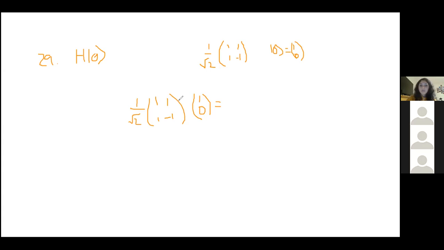So again, this is just normal matrix vector multiplication. I think there was a question about multiplying these out, so I think this will be a good example for that as well. So notice the 1 over square root 2 is just a scalar. So that would be 1 over root 2. That doesn't affect it. And the way we do matrix vector multiplication is we take the row and we times it by the column. So it's like an inner product.